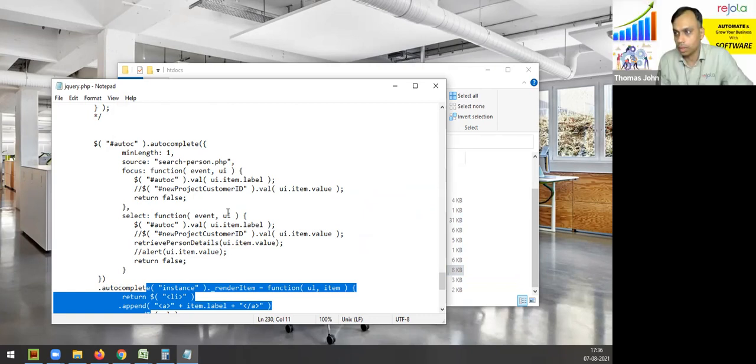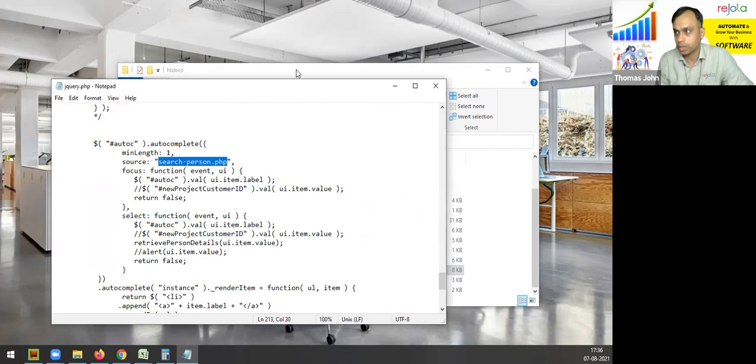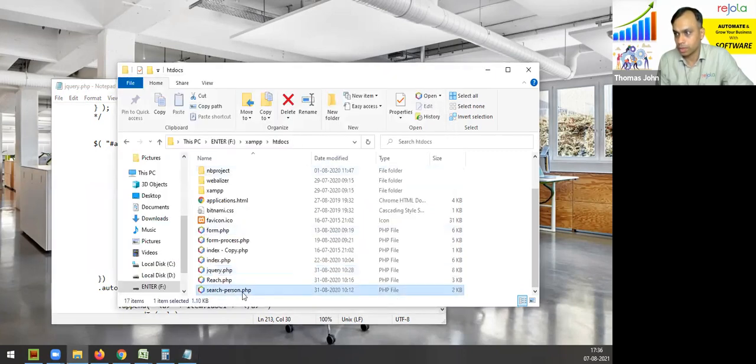Correct. From search person.php, from this particular file, those particular details are coming.